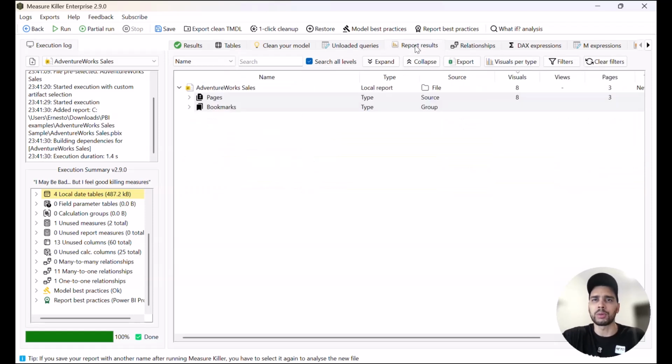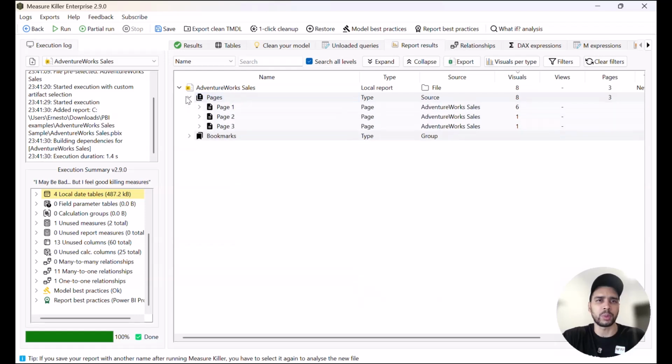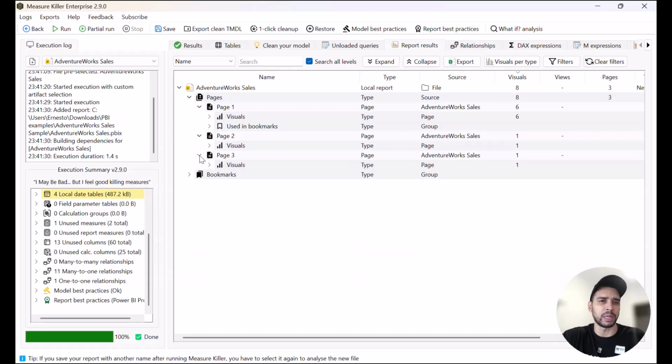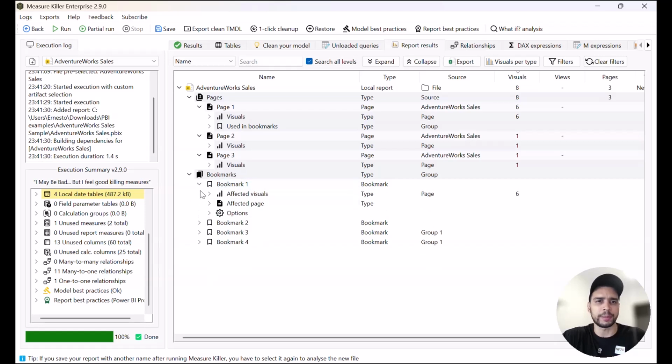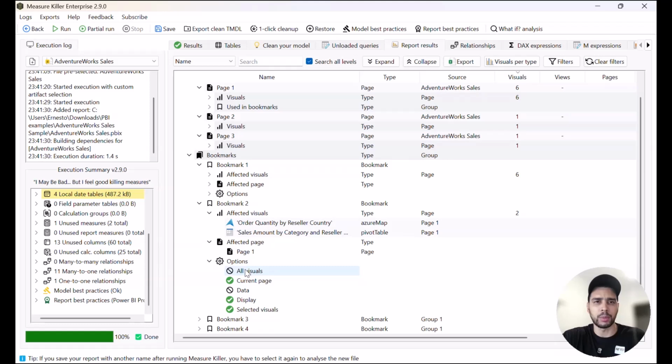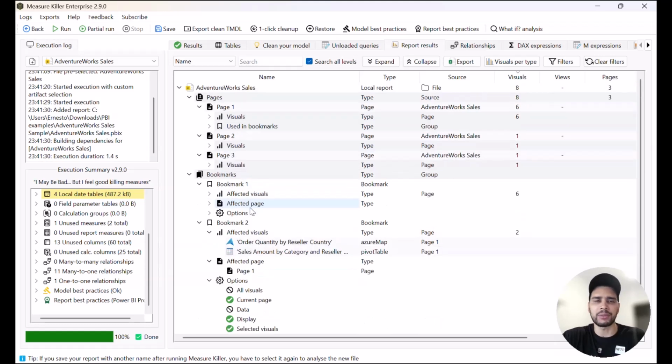Also, we can go to the report result view where we will have all the pages that the report has. And for me, this is one of the best features that the tool has. We can analyze the bookmarks, knowing which are the affected visuals, the affected pages, or the options that the bookmark has. This is very useful when we have a report that wasn't designed by us and we don't know what the